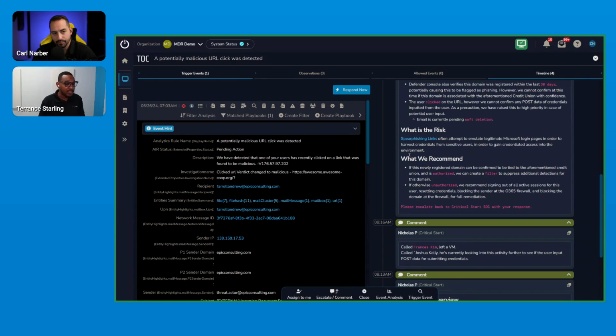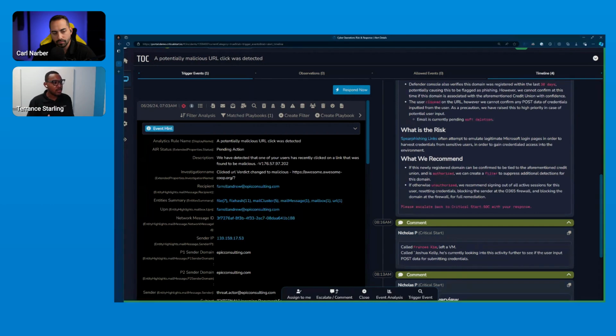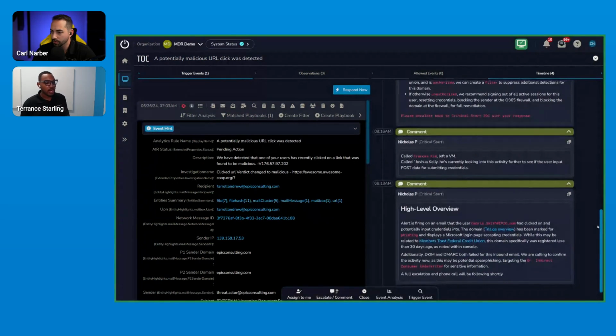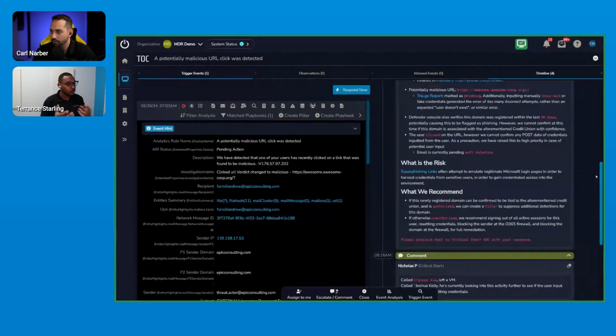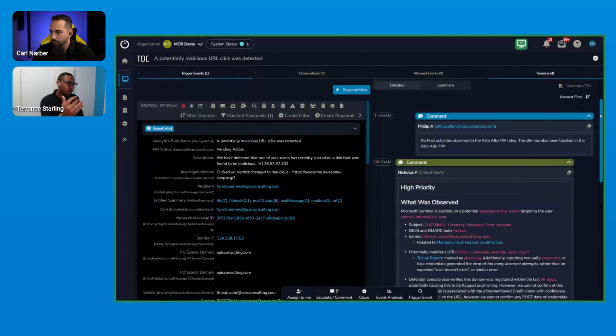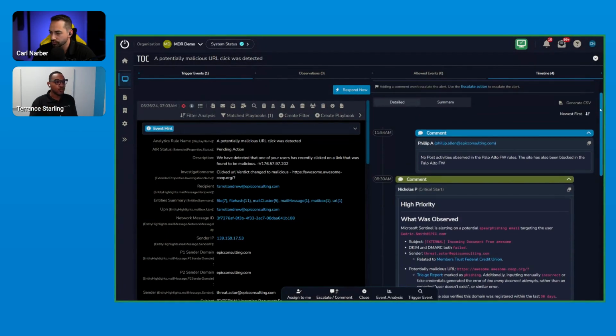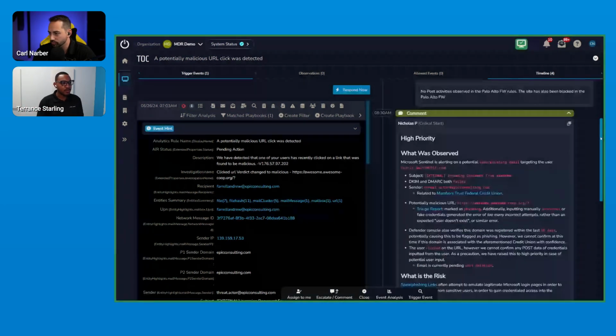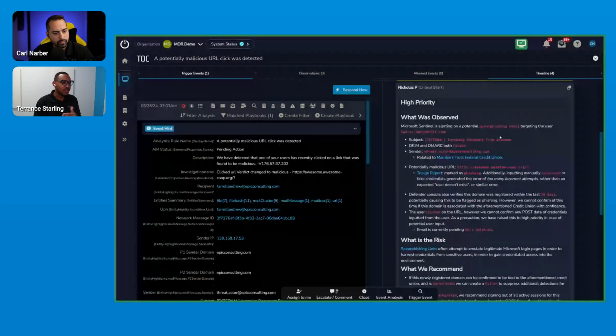One thing you don't see in this is right above the what we recommend. We will also have an action taken. We're not just going to pass everything on the buck onto our clients and tell them to do all this work. If we have the permissions and your permission, remember I was speaking about the ROEs earlier. If you've given us a list of critical assets or servers or users that we shouldn't take action on, then of course we'll send it to you with those actionable steps, in the context of, hey, these fit the bill of the ROE. We shouldn't take action.